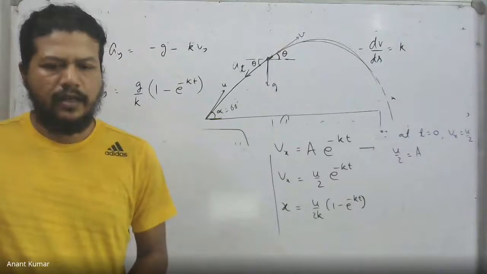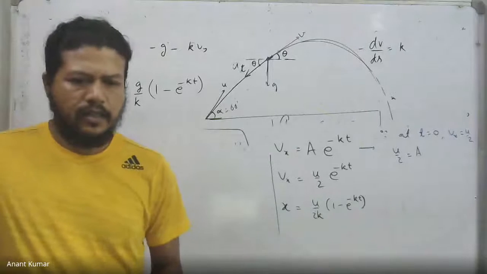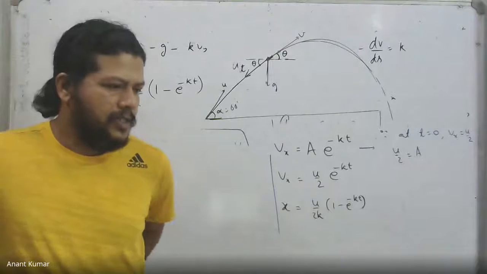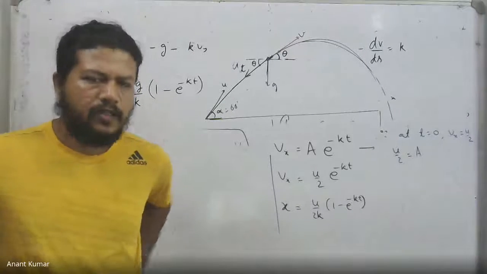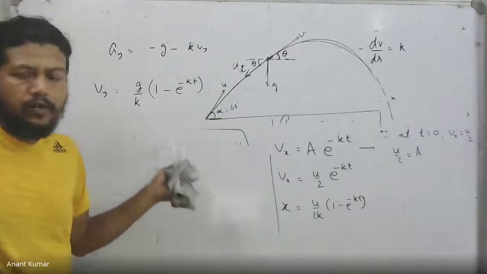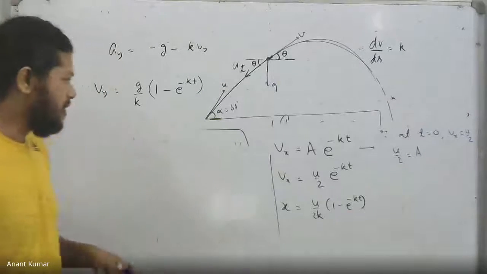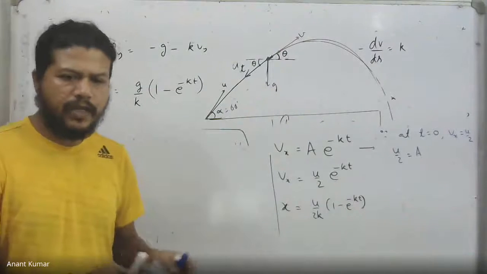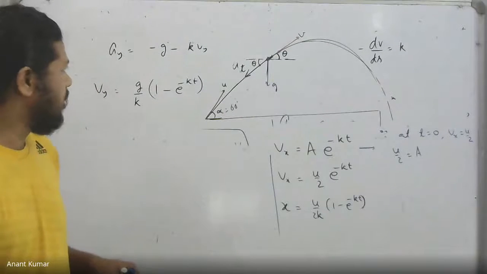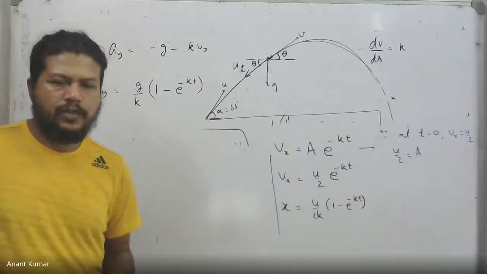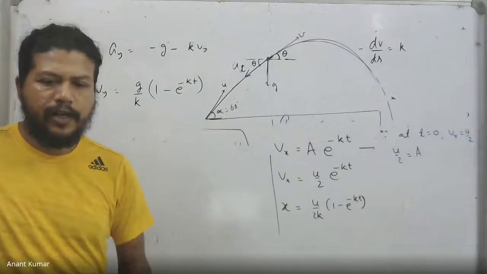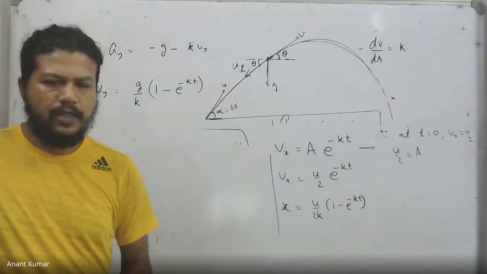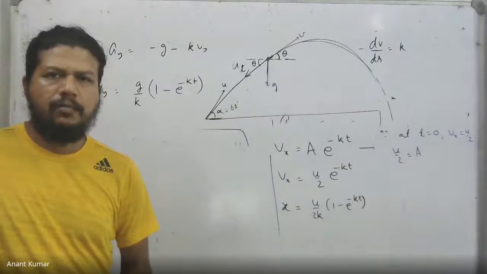Instead of looking at that, let me just show you how the path actually looks, by the way. What I did was figure out y by integrating this factor over there, and you notice that x is also known as a function of t, and y will also be known as a function of t. I'm getting a big expression over there. I don't remember exactly what I did. But both the expressions are known in terms of time. So as usual, I can eliminate the t parameter to get the path. But this time the elimination is not going to be easy. So instead I simply plot it parametrically.